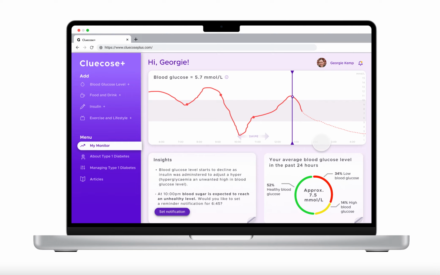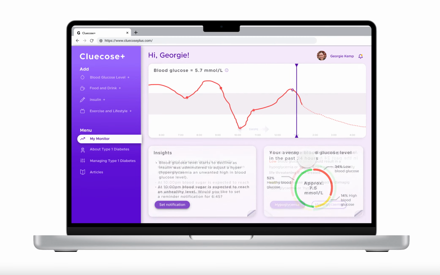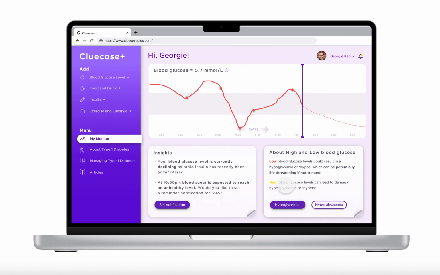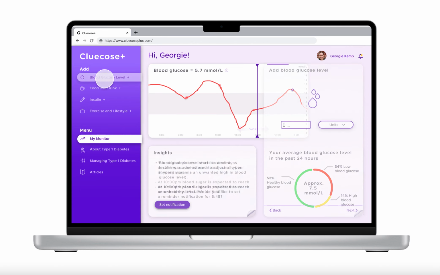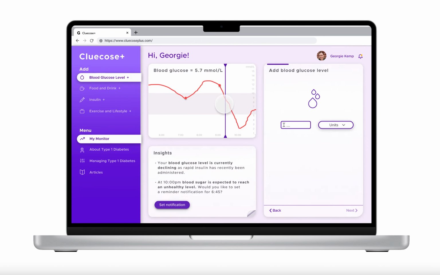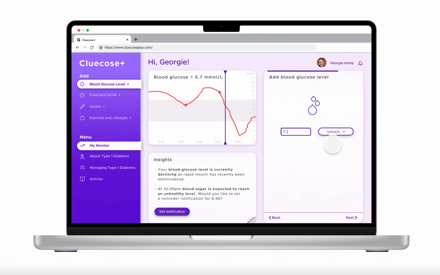And to save space, because obviously this is a very data-dense site, I've used flip cards, like this, and then it will take you to a further site on hypoglycemia or hyperglycemia. If you'd like to input information such as your blood glucose levels, carbohydrates or insulin, you just click over here, and then the blood glucose level, which is the hero graphic, retracts to allow room for the input. And you just input it, and there's a progress bar across the top, and then you tell it you want millimoles, and then